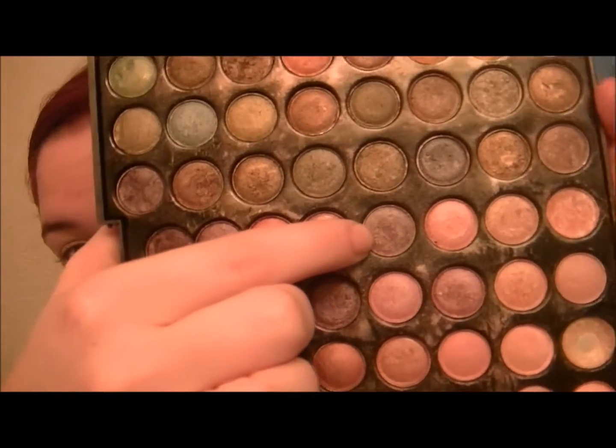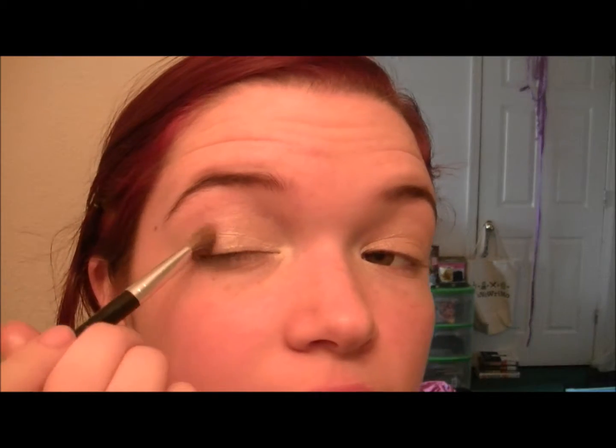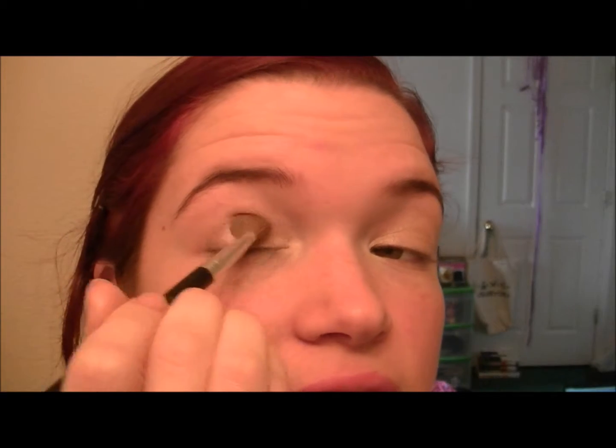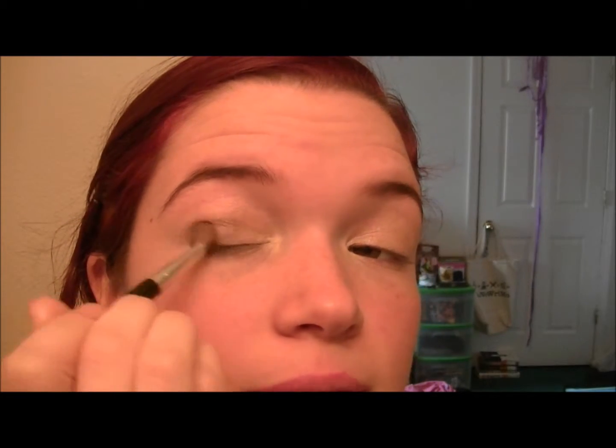Oh, we're done with this part. You're gonna take a shade that's a color up, like that color right there, so a lightish brown color, and take a brush that's fluffy, and put it in your eye socket right there and draw a little C, and you're basically just gonna keep putting that on until you got a smoky effect. As I was saying,